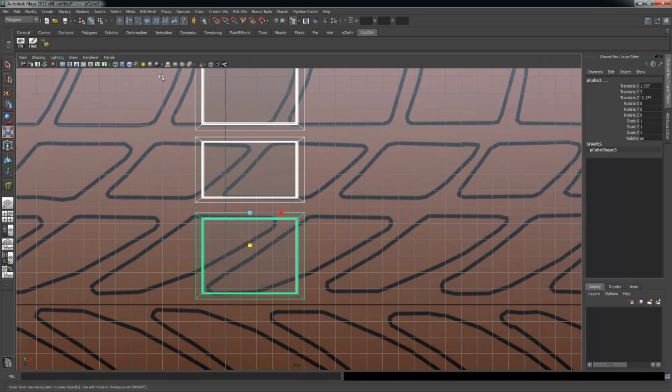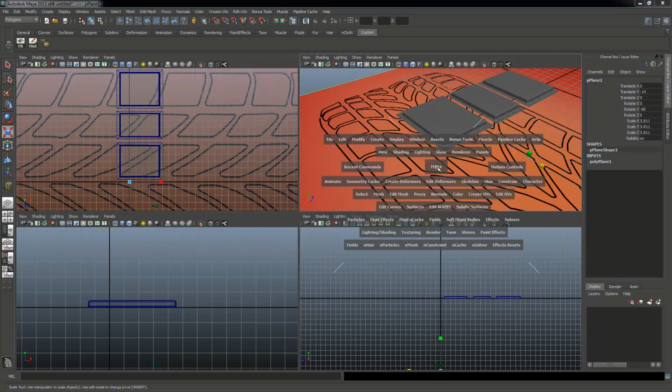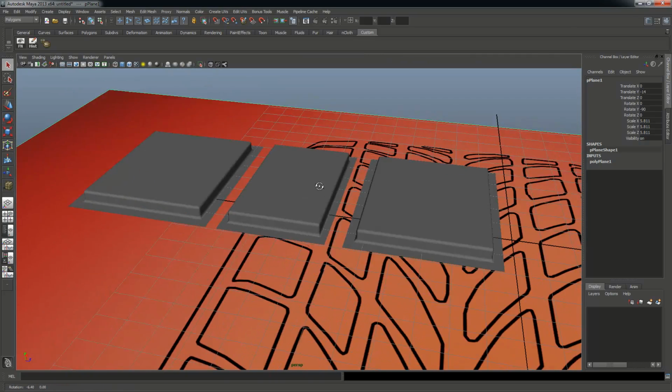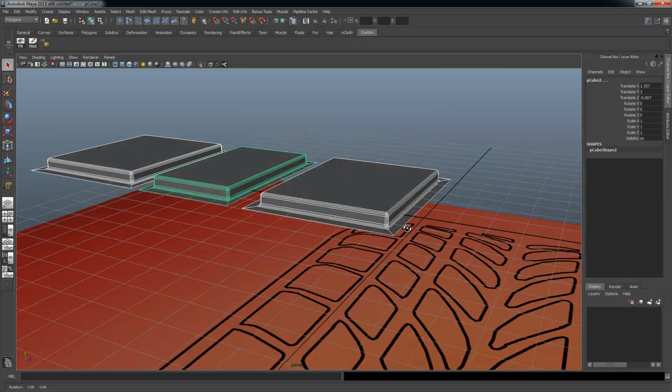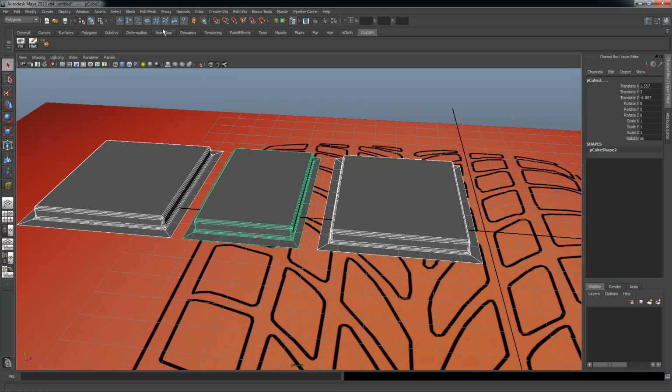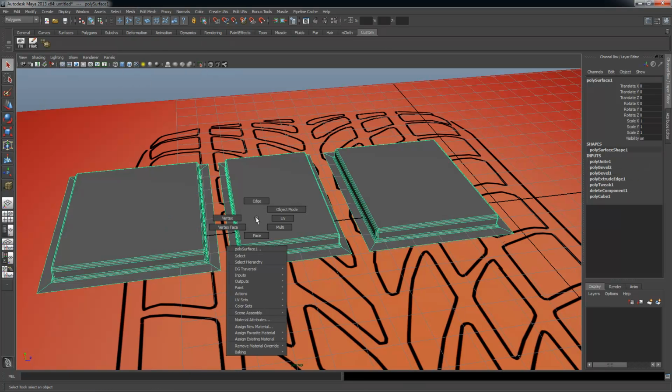Okay, now I'm going to select all my objects, and I'm going to turn on wireframe unshaded so that I can actually see my treads here. And now I'm at the point where I am ready to go ahead and combine these guys. So I'm going to select them all, and I'm going to say Mesh Combine,